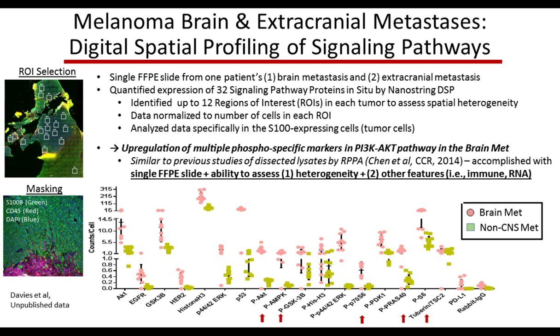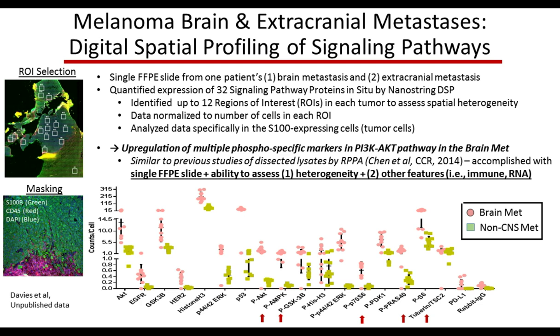And what we again did is use the masking, and an example of this is shown down in the lower panel on the left, where we can see we used S100B to recognize the melanoma cells, which are shown in green. We then used CD45, which is shown in red, to recognize the immune cells, and then we could use DAPI to actually count the number of nuclei.